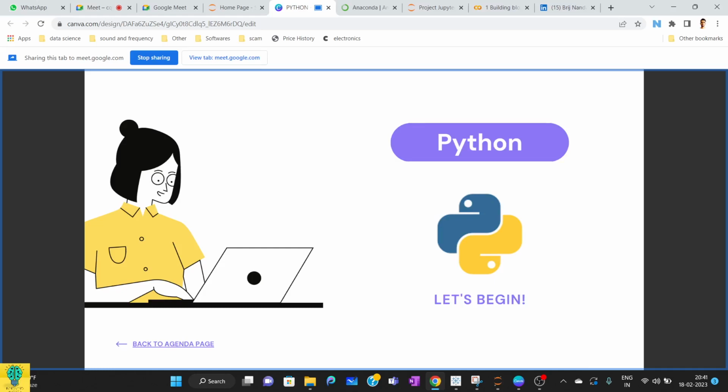Okay, so how to download Python? The first reason was it's very easy, and the second reason is we have multiple modules that will help you make your programming much easier. When I say module, I think everybody has seen building blocks.